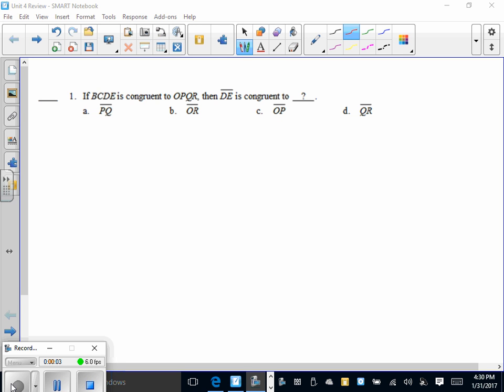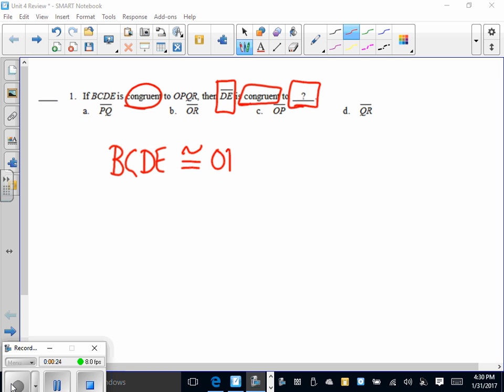Okay. First problem in the review says if BCDE is congruent to OPQR, then DE, line segment DE, is congruent to which line segment? Okay, when two things are congruent, their letters must match up. So if we look at these two things being congruent, then that means for letter D